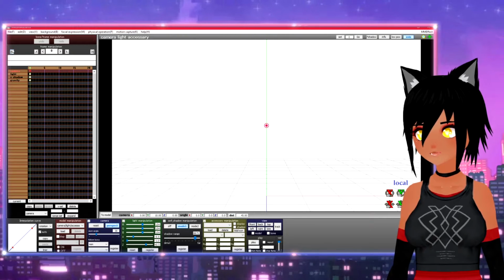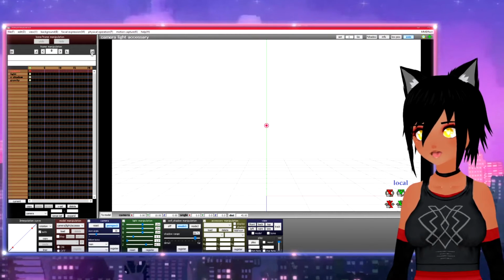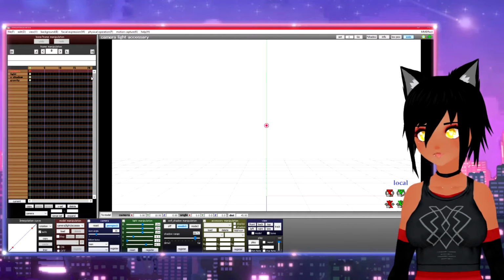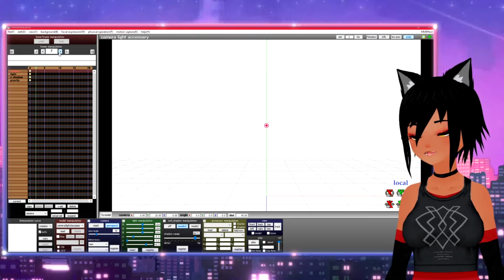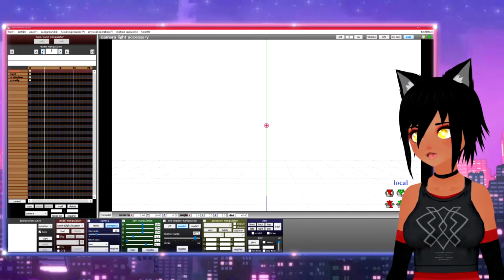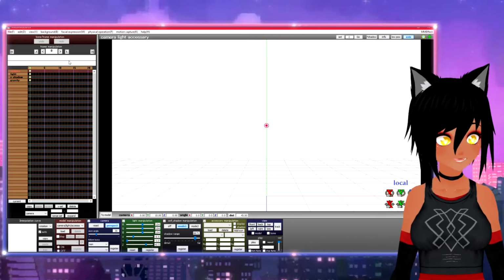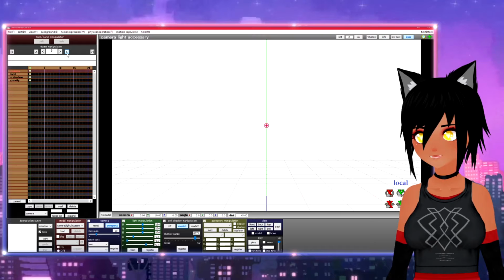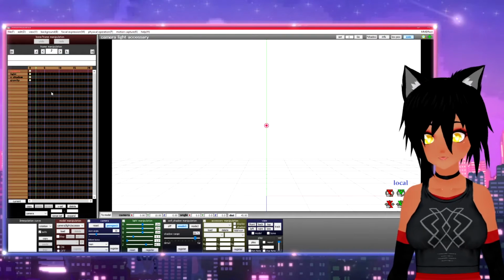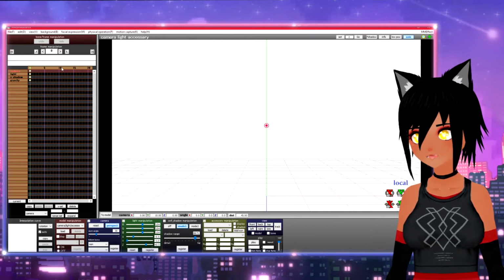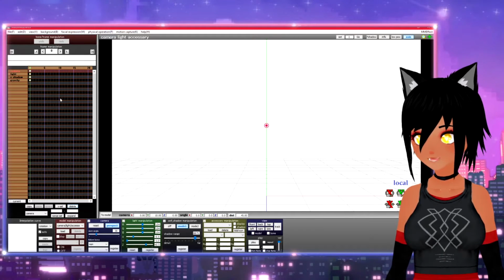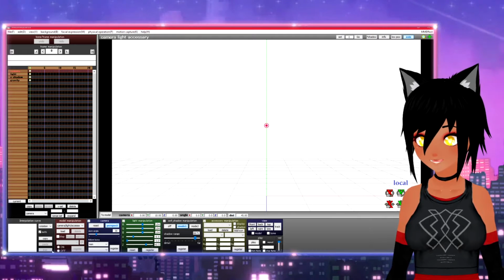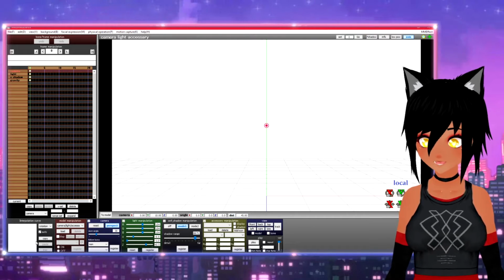Clicking this goes obviously to frame 0. This button will take you to the last registered frame of this. You can just click the arrows, but that's a little tedious. I just hit the arrow keys on my keyboard and it does the exact same thing. It goes to the next keyframe instead of the next actual frame. I literally just use the arrow keys. So that's the little timeline. Interpolation curve: you won't really need that unless you're animating, and that's more intermediate.